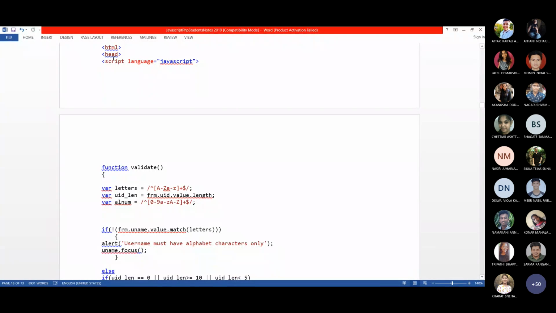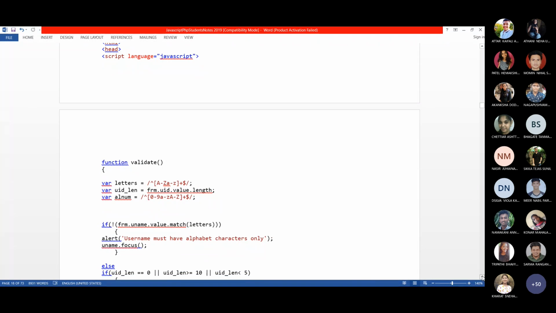You may ask how I can write executable statements in the head tag. It should be written in the body tag, right? But when we use a function, this is the function definition. The function definition will be executed when you write the function call.